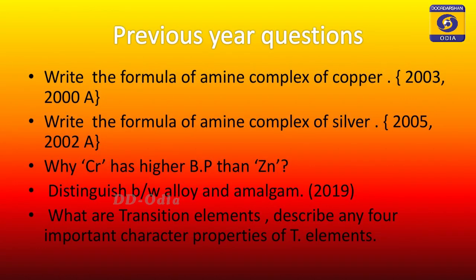Many times it has been asked what is the electronic configuration of chromium and copper. If an electronic configuration is asked, it will be only on these two elements. Maximum times it has been asked. In case of chromium, 24, it is argon 18, 4s1, 3d5. In case of copper, 29, it is argon 18, 4s1 and 3d10. Remember these special electronic configurations of chromium and copper.